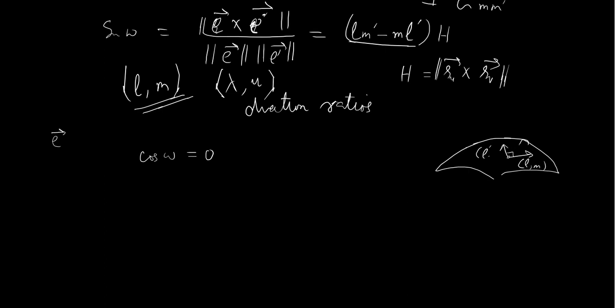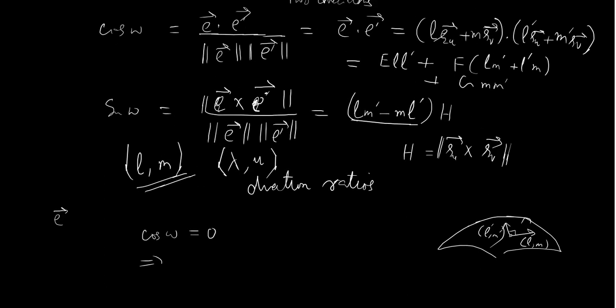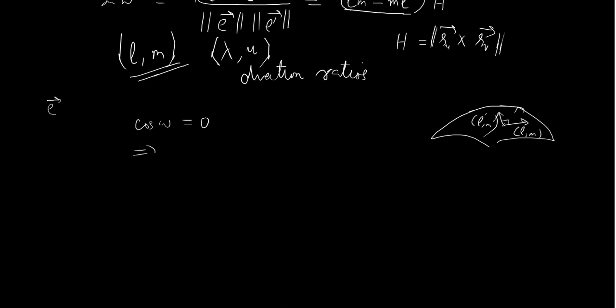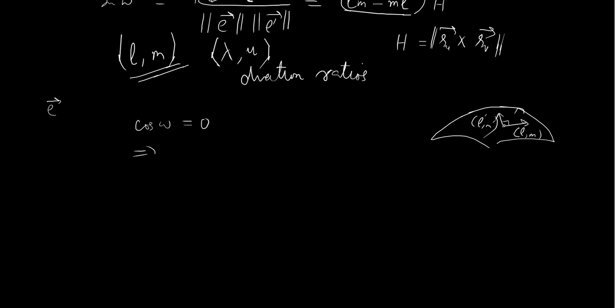We already know that if omega is the angle between them, then cos of omega should be 0. But if we look at the formula above, cos of omega is equal to E l l prime plus F times l m prime plus l prime m plus G m m prime. So if that is 0, we should get a relation in terms of the direction ratios and the first order fundamental magnitudes. So that means I should have in that case